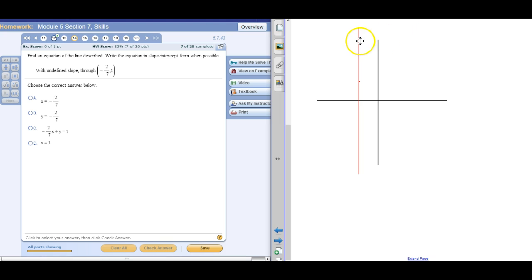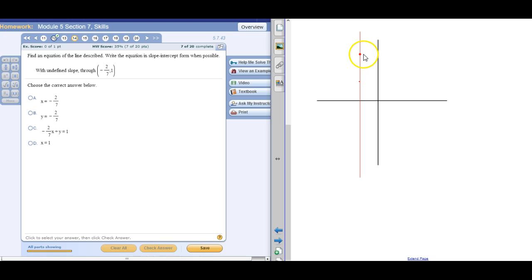Alright, and now because that line passes through -2/7, +1, where it hits the x-axis is -2/7. So the x-intercept is -2/7. That's one way you can look at it. But really, the reason why it's named x equals -2/7 is every single point that's on this graph. If I take a point, put it on there, again, let me make this a little bit bigger,